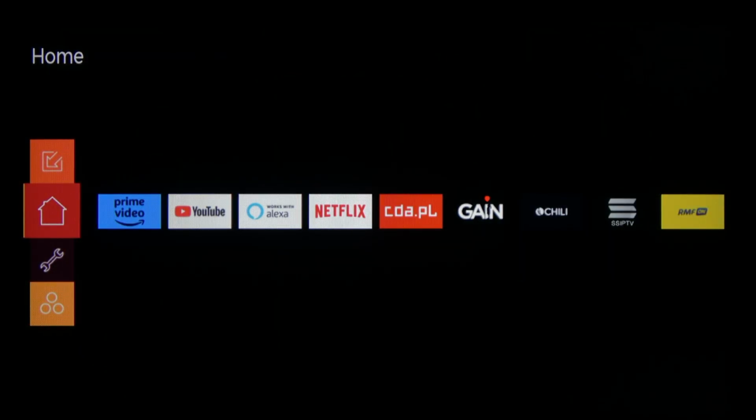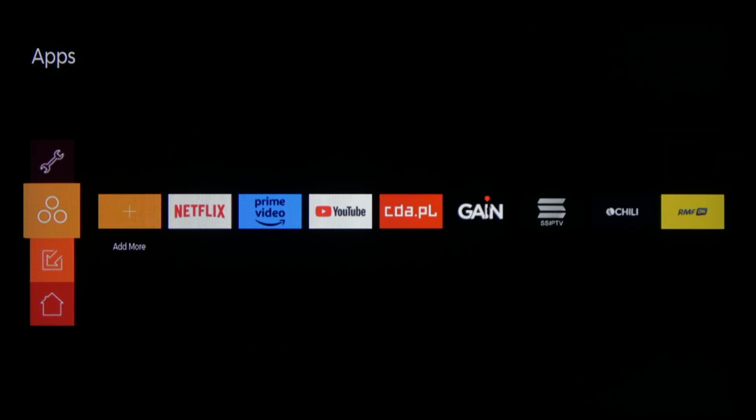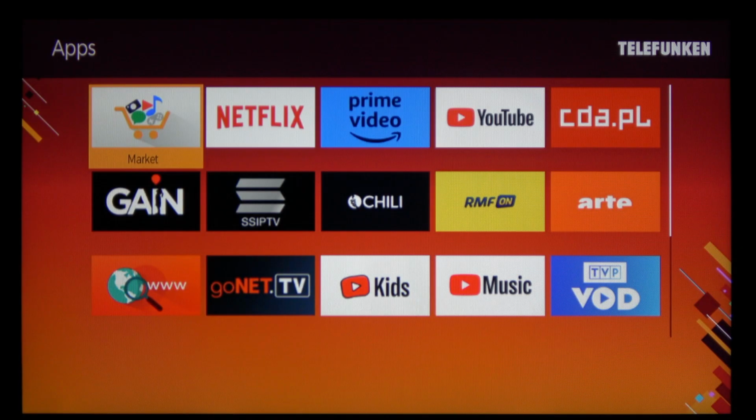So we cannot directly install applications on this TV in the usual meaning of this word. So we do not install or uninstall applications. Instead, we rely on first of all network services, and secondary on pinning and unpinning applications to our home screen or apps screen. But to add new applications, you have to navigate down to apps menu, select add more, and